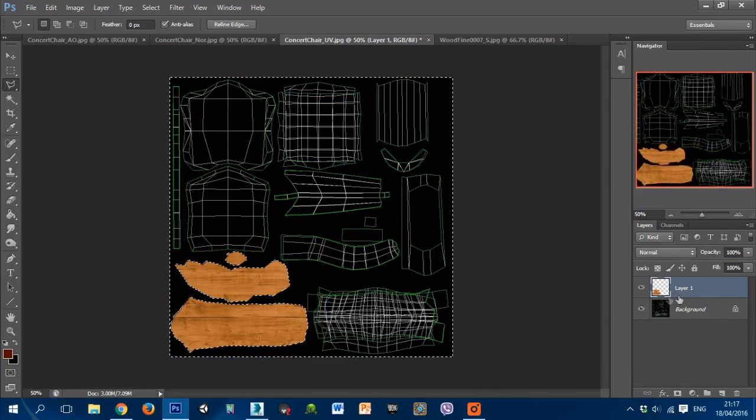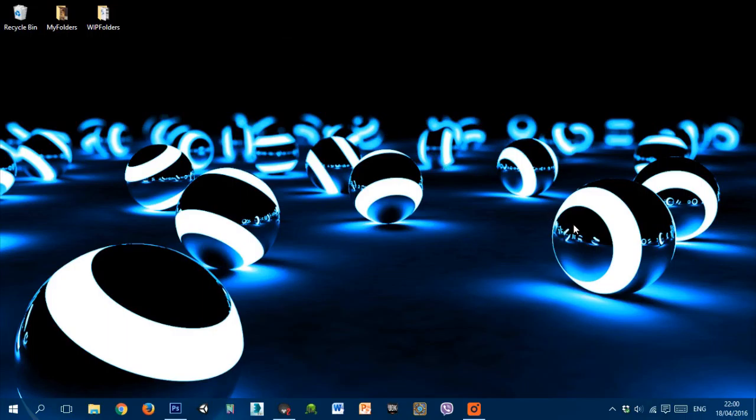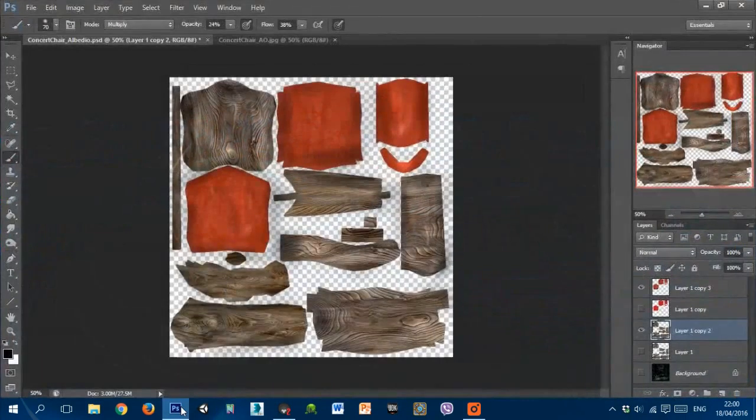And that'll ensure that I actually just have these left. Okay, so once you have your texture finished, this is just a quick example of a texture that I've done here. So that's laid out on the UVW map, and I've just kind of hand painted in a lot of my own AO